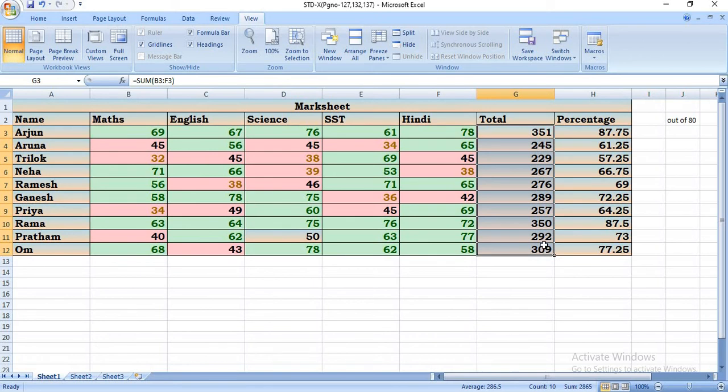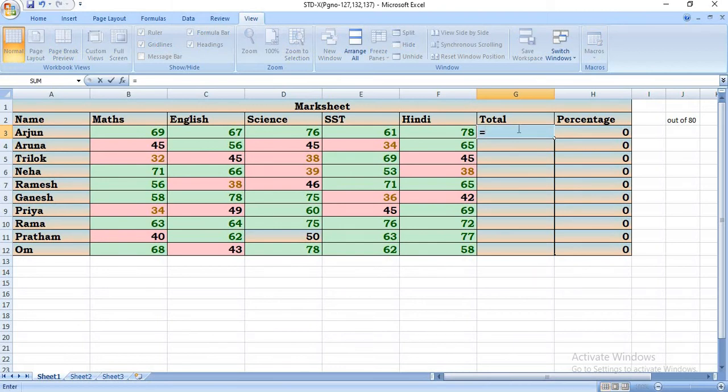Now if we want to calculate the total with the help of these range names, you type the equal to sign, give the bracket, for example English, maths. Here maths marks is the name given by me, and that name will come here.